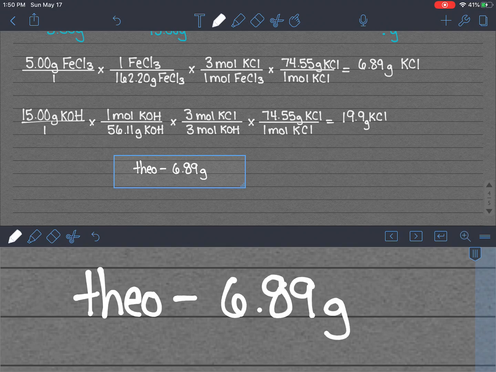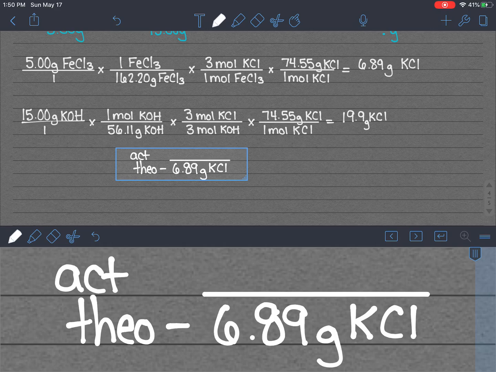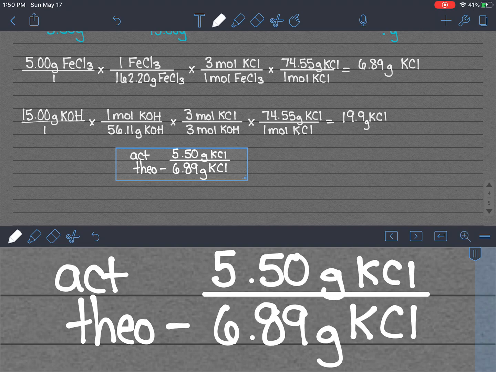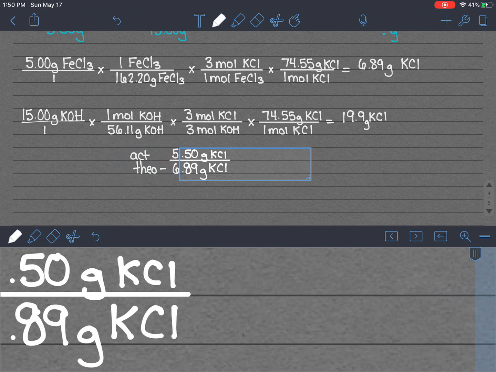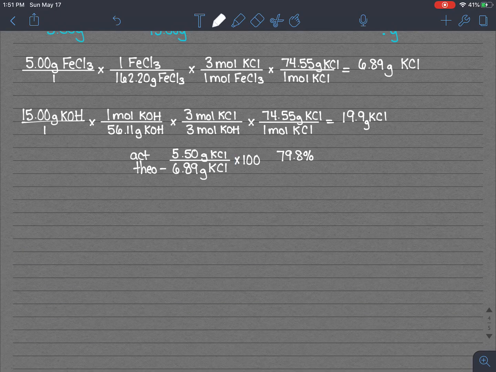Now, in this problem, they would have given us what the actual value would have been. And for this particular problem, let's say that we actually were able to get back 5.50 grams of KCl. So we're just taking the actual divided by the theoretical. And I'm going to multiply that by 100 just to give the percent. So that would give me 79.8%, which is actually a really great percent yield for a reaction,